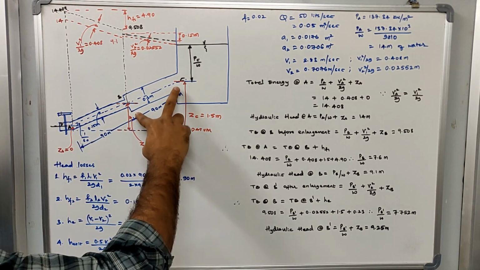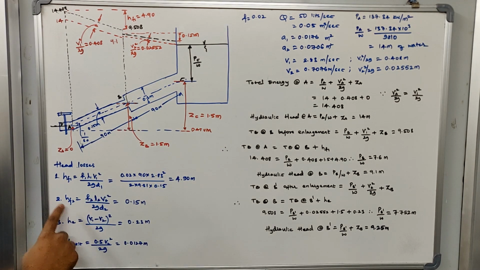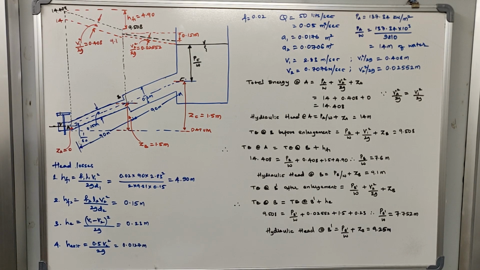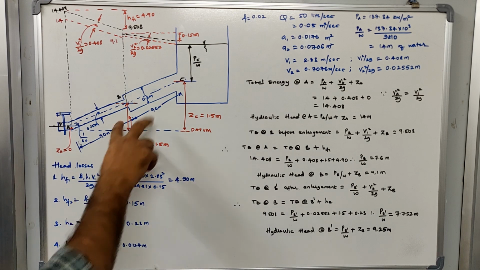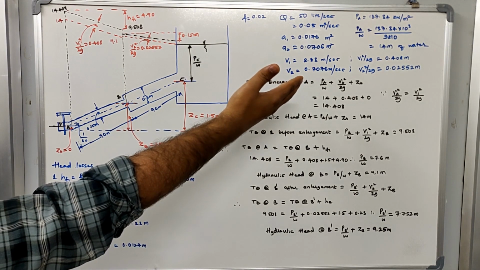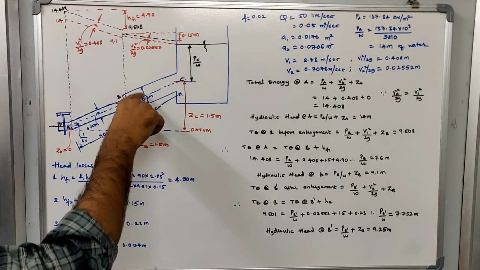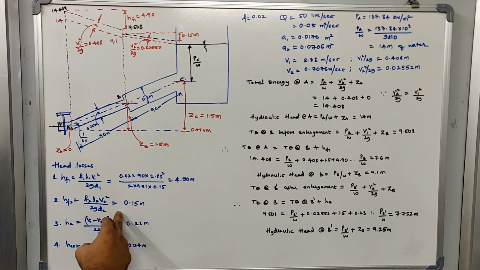Similarly, we can calculate the head loss that is going to take place between B and C. I'll call it HF2, the head loss that is going to take place in pipe 2. So here it will again be F2 into L2 into V2 square divided by 2GD2. We know F2. F2 is equal to F itself, which is 0.02. L2 is also 90 meter, and V2 has been calculated already, which is 0.7076. D2 is 0.3 meter. Substitute all the values, and HF2, the head loss, is calculated.